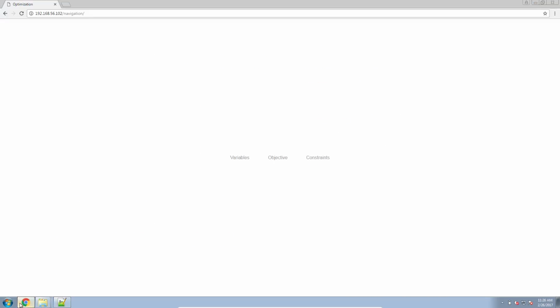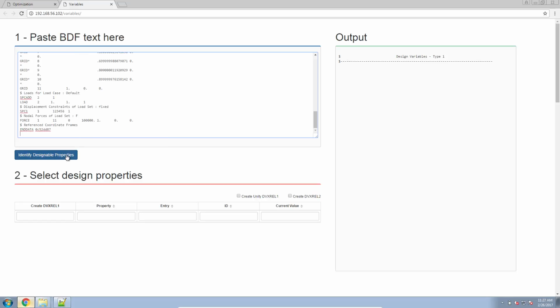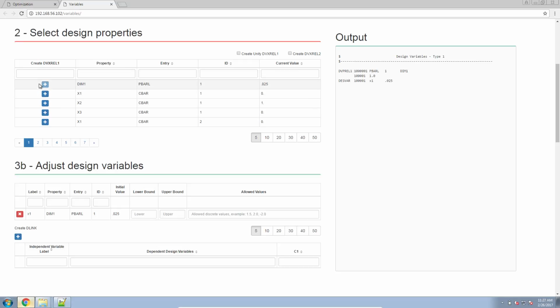And now again, this issue might crop up when you are creating these entries by hand, or you're using an unfamiliar pre-post processor that's sort of difficult to use. Here, let's go ahead and use the web app to create the same entries. So here, I'll paste my original BDF file here. I'll then go ahead and identify everything that can be set as a design variable. And dim1 is the entry I want to set as a design variable. So I'll go ahead and select that as the design variable. You'll see that it's unselectable now,